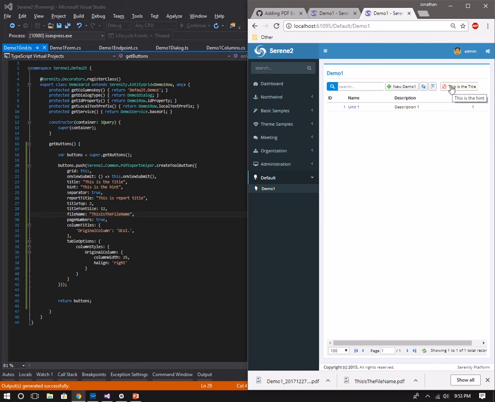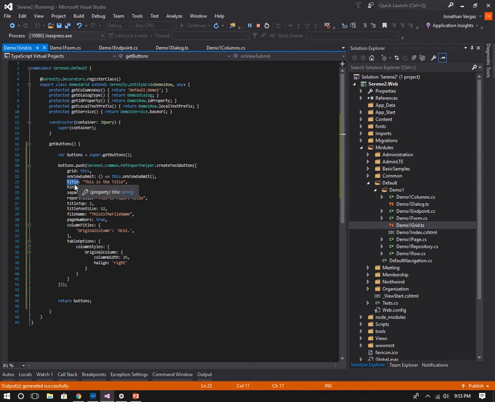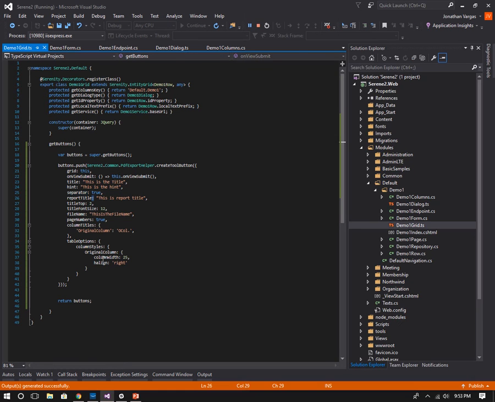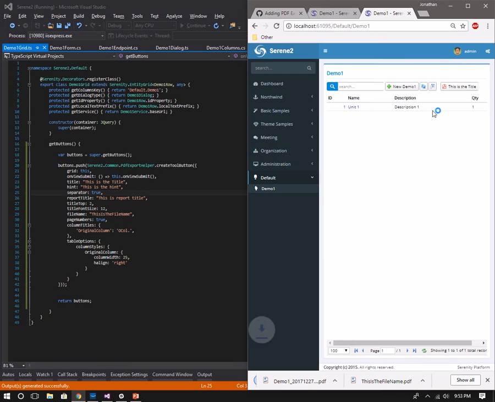Here's the title, this is the hint. You'll notice there's a matchup with the items that I've added: the title, the hint, the separator, showing here. All of this information starts moving onward. Now let's open up a new PDF export. Here's your file name. You notice originally it was demo 1 plus a timestamp. This here got replaced, which is the standard naming, with the name that I gave it by using the file name feature. Now if I pop this baby up,